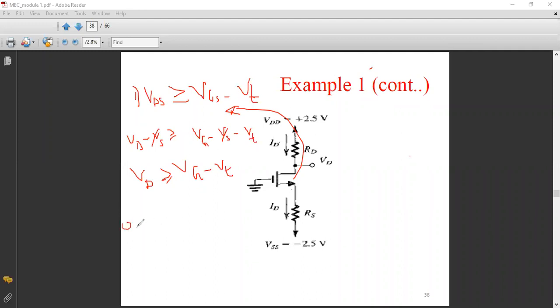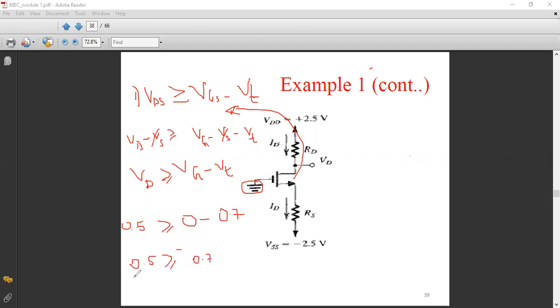So VD is 0.5. So we are checking whether 0.5 is greater than or equal to VG minus VT. Now, what is VG? See, in less than 1 minute, this meeting will end. Please relog in again. Okay. What is VG? You can see from the circuit diagram, the gate is directly grounded. So VG is 0 minus VT, which is given to you. The threshold voltage is given in the question. It is 0.7. So 0.5 is greater than or equal to negative 0.7.